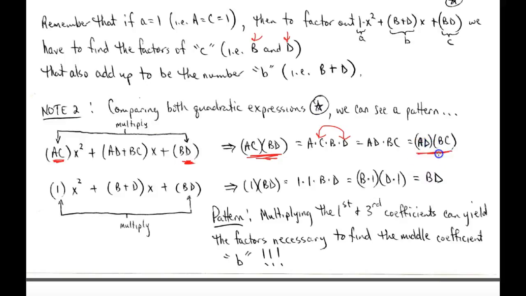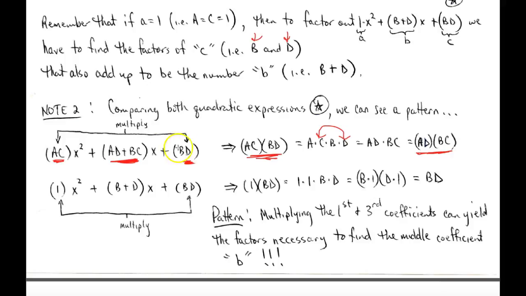And then if I apply the associative property, now I can say AD times BC. Okay. And so if I have that, then here you notice that I still have that same mix of stuff right there with the AD plus BC. Okay. So whenever we multiply these, my whole point in saying that is that we're really doing the same thing as we did when we worked with the trial and error method, which was what times what for the factor C will also add up when we use those factors to be the middle